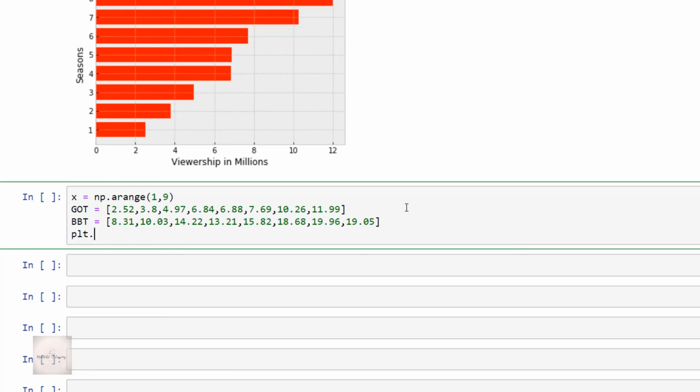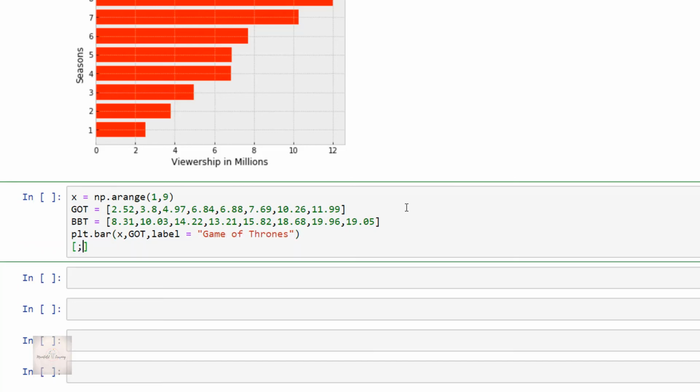So I'll write plt.bar of x comma got comma label is equal to Game of Thrones. And then plt.bar of x comma bbt comma label is equal to Big Bang Theory.